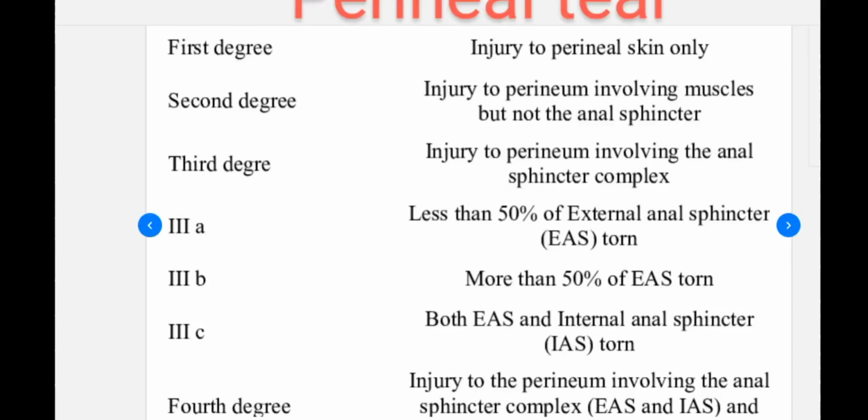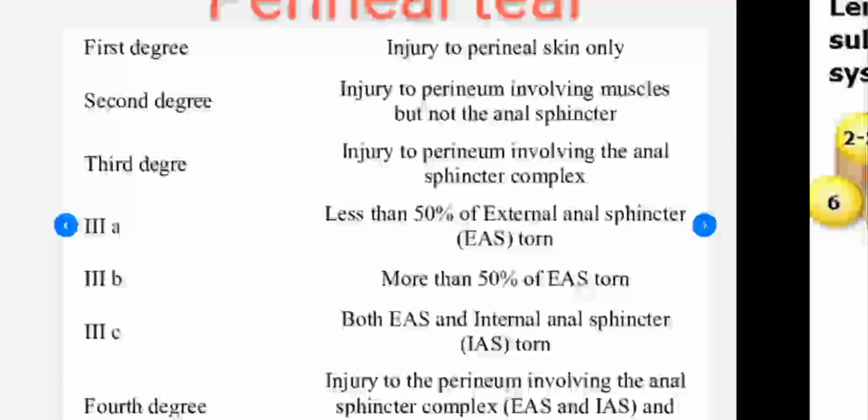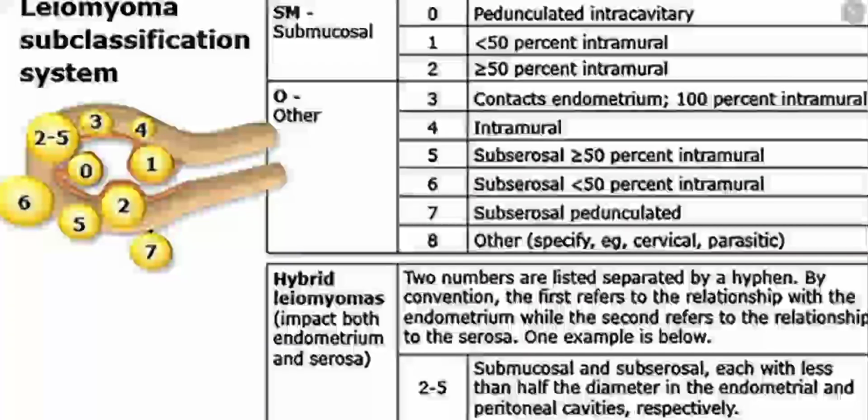And then is fourth degree. Fourth degree is injury to the perineum involving the anal sphincter complex and mucosa. What is innermost? The mucosa, so that will also be involved. So first degree is skin, second degree is muscles, third degree is sphincters and fourth degree is mucosa. Then is the leiomyoma subclassification system, how we will be grading or scoring